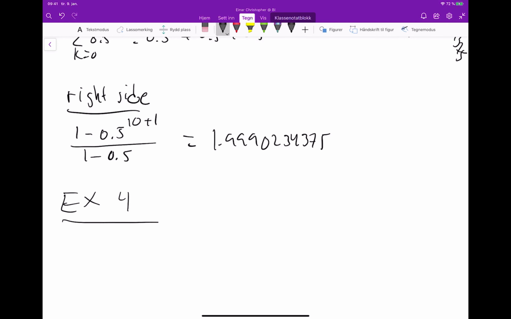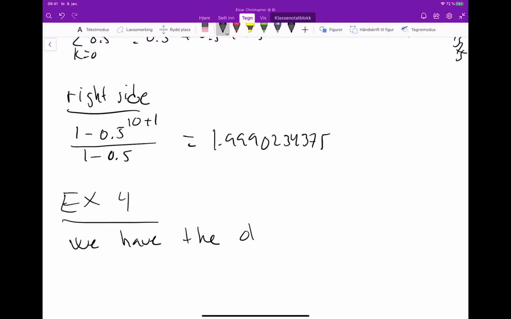Do it again if you haven't made it before I do it. And you can do it again by looking at my notes, but after that you should try once more. Do it without the notes, because you have to do this on the exam too. So in exercise 4 we have